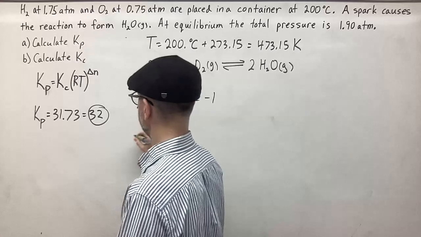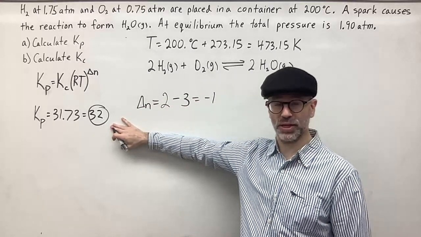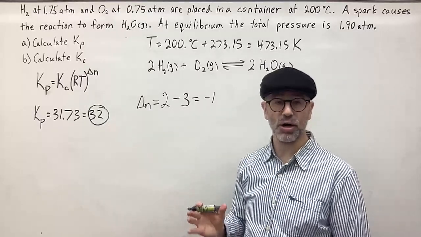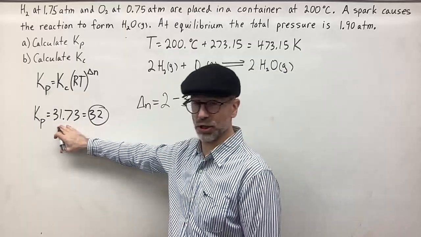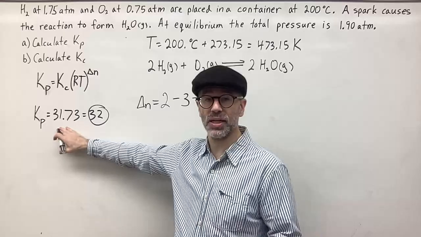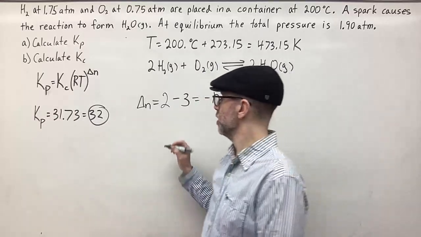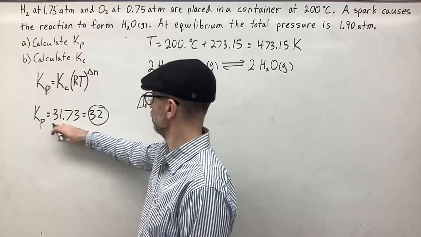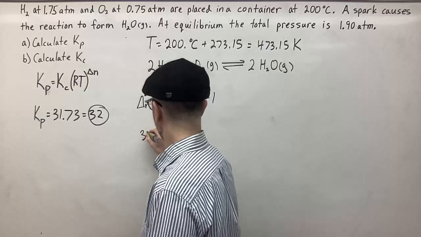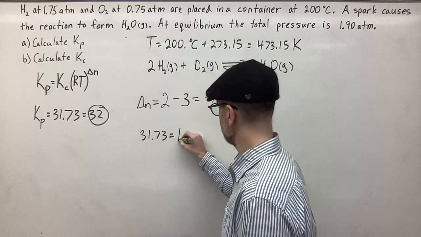So we have KP. Now, don't plug in the 32 because that's a rounded answer, and if you plug in 32 you could get a rounding error. So let's go back to our original answer and use that. We will use more digits than we need for as far as sig figs go, but it'll avoid a rounding mistake. So KP is equal to 31.73, which is equal to KC